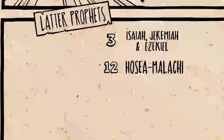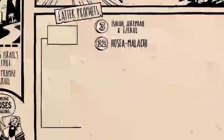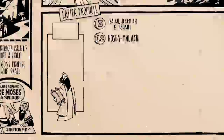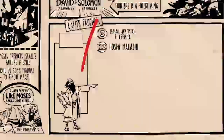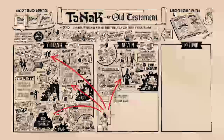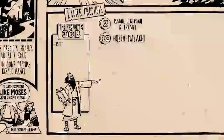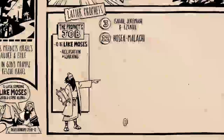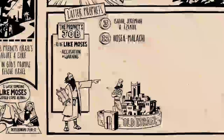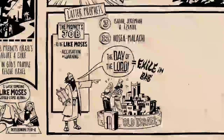And this design intentionally recalls the 3 plus 12 ancestors from Genesis, whose stories of failure contained the seeds of future hope. These prophetic scrolls are loaded with cross-references that link back into the narrative of the Torah and the prophets, and they carry the story further. The job of Israel's prophets was to be like Moses, to accuse the old Israel of failure and corruption, and to warn them about the looming result, the great day of the Lord, which ended with defeat and exile in